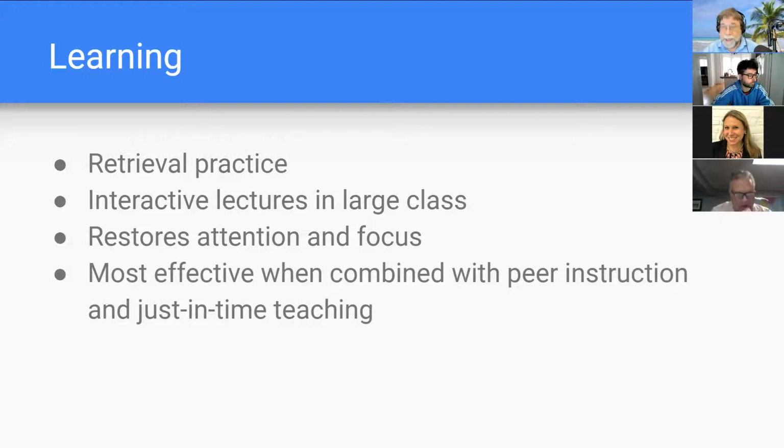If the questions are too easy, you're mostly wasting time on it. It doesn't really require them to think about concepts as much. If they're too difficult and too challenging, then students aren't quite ready and they'll get discouraged and frustrated and so forth. The way he suggests doing this is asking a question and then letting them do some peer discussion on it. In a classroom, you generally have students turn to a neighbor and talk about the answer, and then you'd vote again. If you're doing this remotely over Zoom, a common practice is to send people into breakout rooms for those questions where